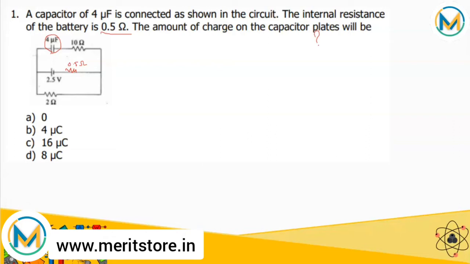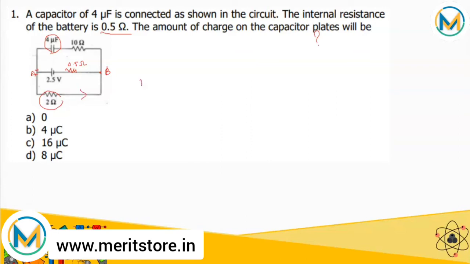Therefore, no current will flow through the capacitor and the 10 ohm resistance, leaving zero potential difference across the 10 ohm resistance. Hence, the potential difference across the capacitor will be the potential difference across points A and B. The potential difference across the lower and middle branch of the circuit is equal to the potential difference across the capacitor of the upper branch of the circuit. Current flows through this 2 ohm resistance from left to right, in this direction,